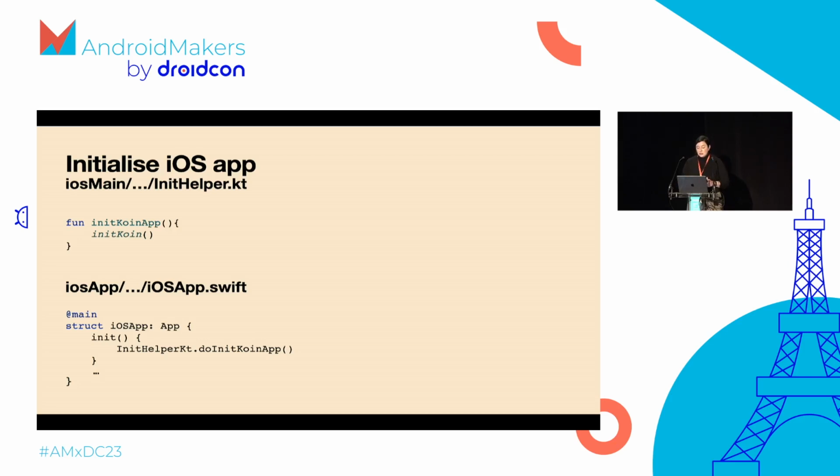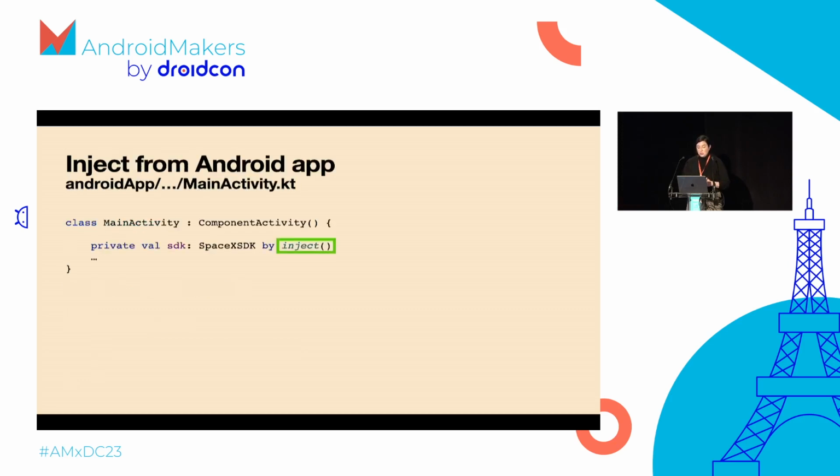a workaround. We need to create a bridge or helper function in iOS main to call initKoin. So in iOS main, we create this initKoinApp function that just calls initKoin. What I'm highlighting here is actually Swift code, and it is the startup of our iOS application. We call that initKoinApp function so that it's within the init stage of the app's